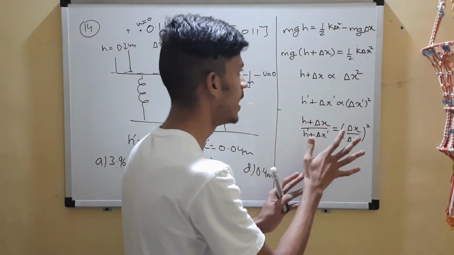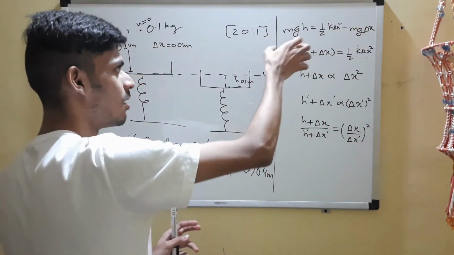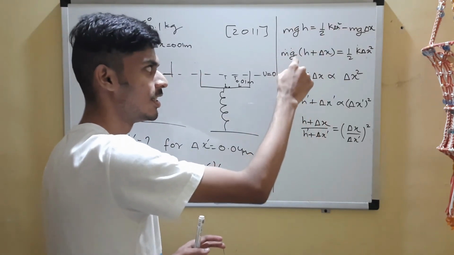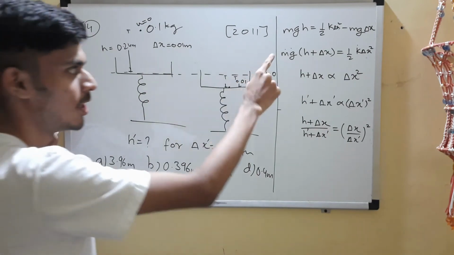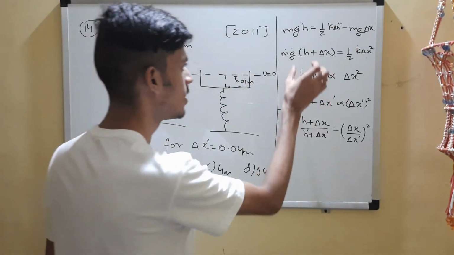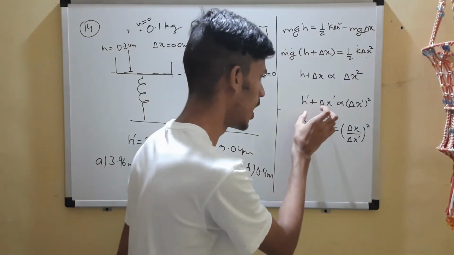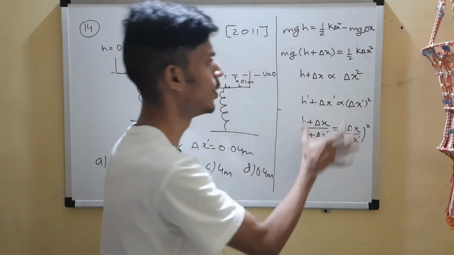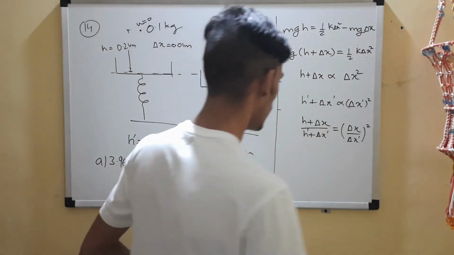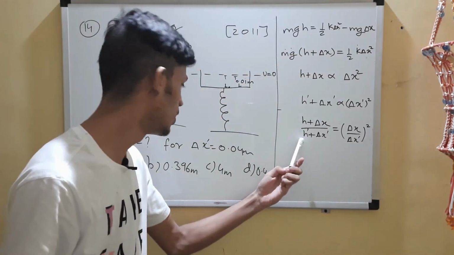So I hope this idea is clear. First we applied conservation of energy, just flipped this term to the other side, and then we took it common. We realized that m is going to remain constant, g will be constant, k will be constant, so this is directly proportional to that. We took it from the other case also, and we took the ratio just to get rid of those proportionality constants. Now just substitute the values and you'll realize that the only unknown is h dash.